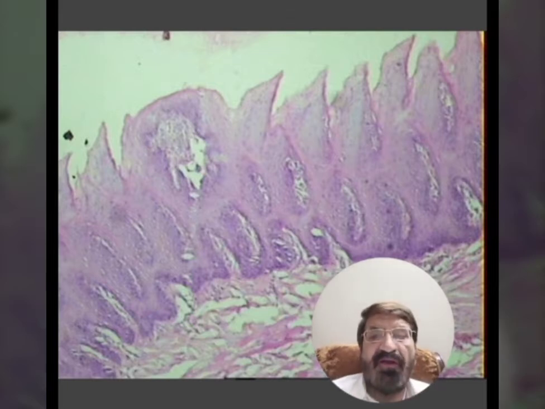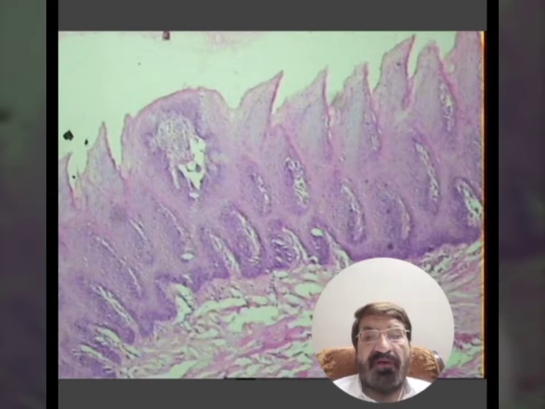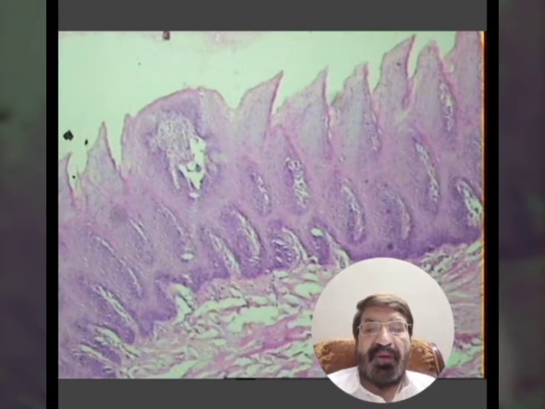As you know, the tongue has got a dorsal surface and there is a ventral surface, and the dorsal surface of the tongue is roughened, especially the anterior 2/3 of the tongue, which is in front of the sulcus terminalis. It has got the epithelial excrescences, the projections, which are known as the papillae, and because they are pertaining to the tongue, they are known as the lingual papillae. And these lingual papillae are of three types: the filiform, fungiform, and circumvallate papillae.